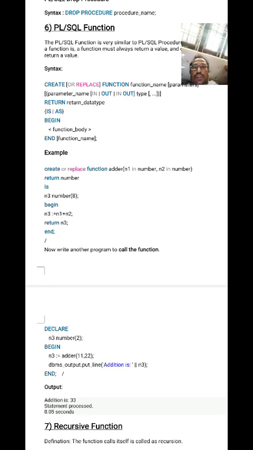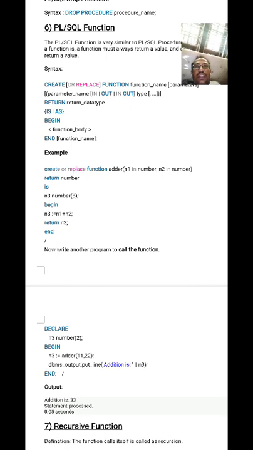Here the two numbers we have taken are n1 and n2, both integer numbers. See that first line: create or replace, it's not compulsory to write replace, function adder. The name is adder, or you can take any name which is meaningful to the program, which I have told you before, right? So n1 is one variable. For purpose also you have to mention, in the syntax there is IN or OUT, right? That also you have to mention here. So n1 IN means for storing the value, taking input. n2 is also IN, some integer value.